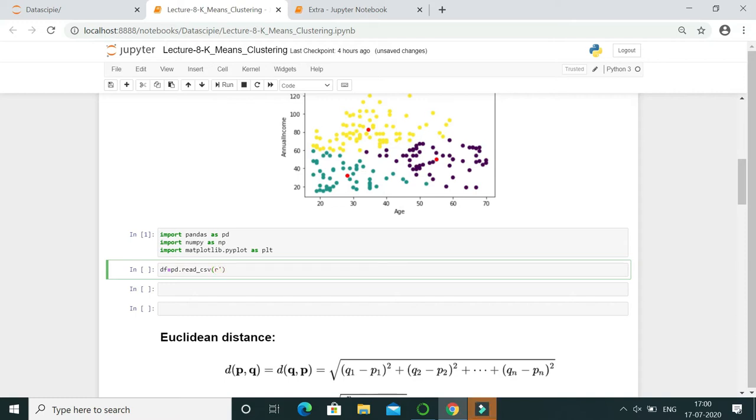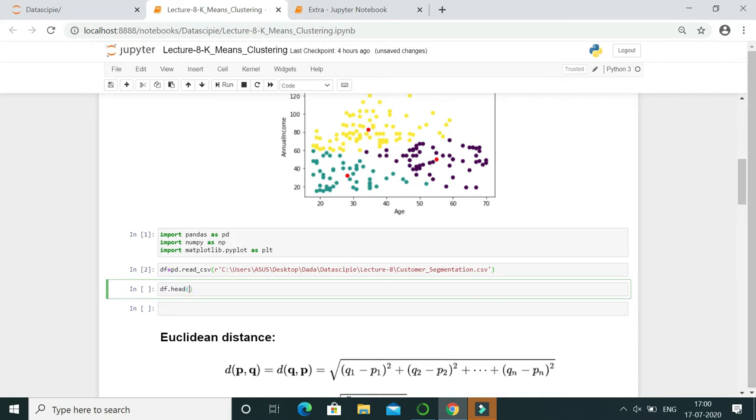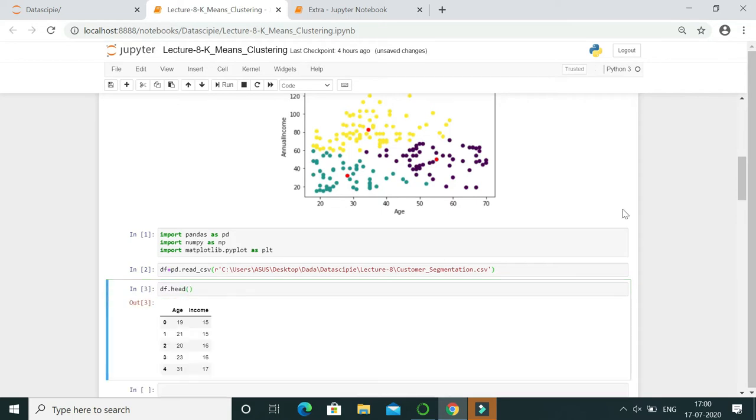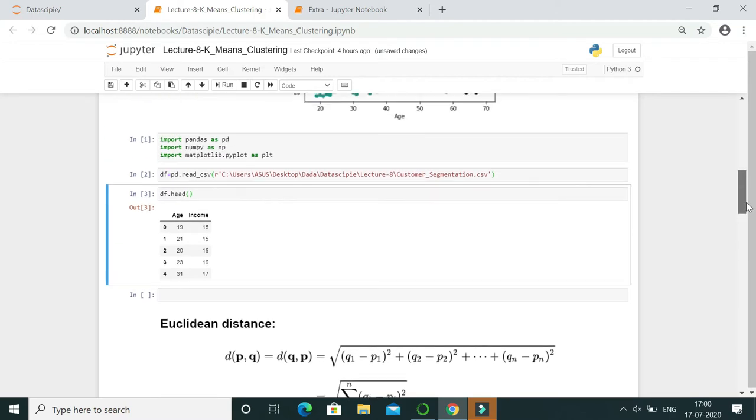Then we paste our file location, then execute it. Then we see our data set. So here we have a customer data set according to their age and income, and we have to cluster it. Okay, so first of all we have to check if there are any empty cells or words in this